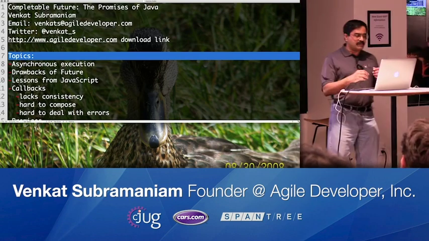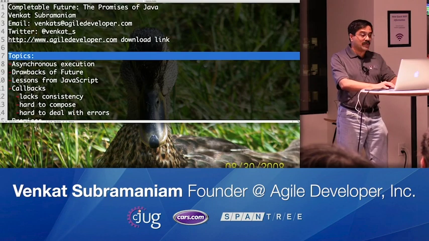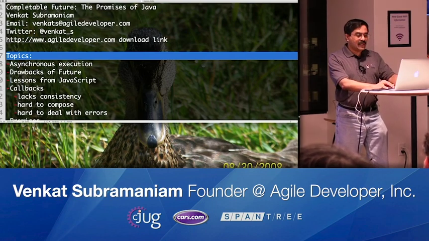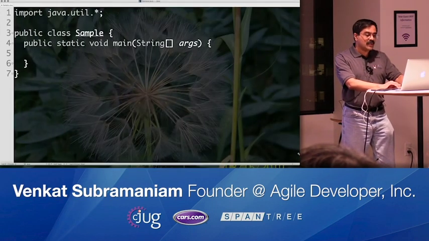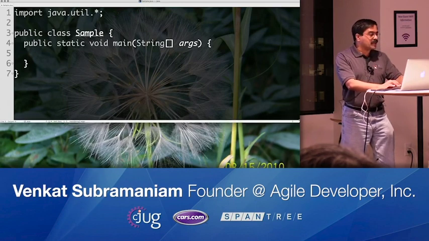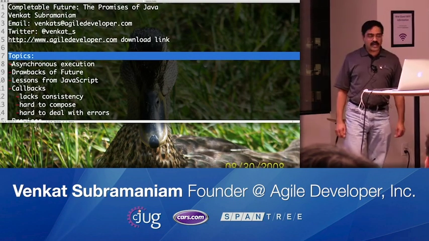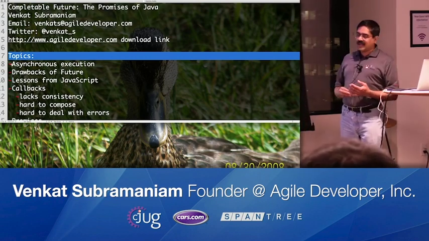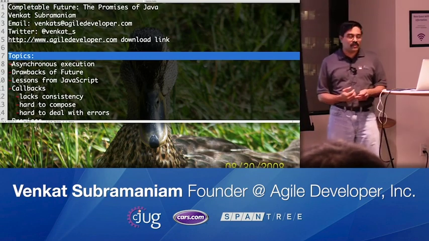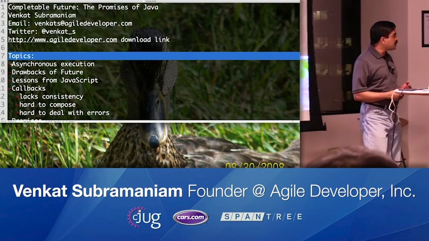So I want to spend a little bit of time talking about what completable futures are, what we do with them, what problem they solve, and how we could make use of them. Along the way, of course, we'll take a look at some examples, learn about the APIs, and I'll also talk a little bit about Java 9, which introduced a few new additions to this, so we'll talk about that too.